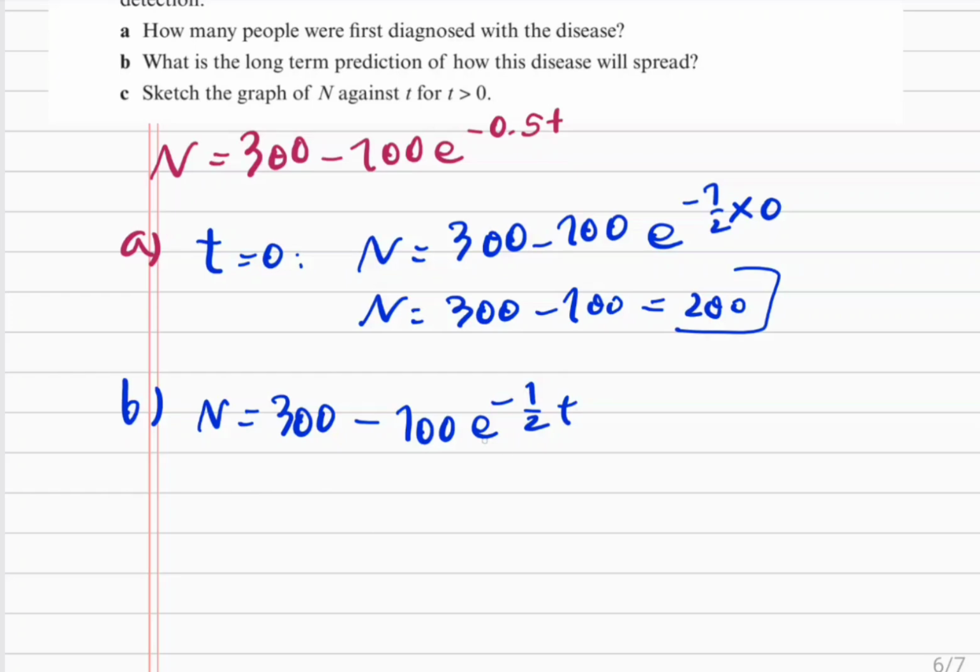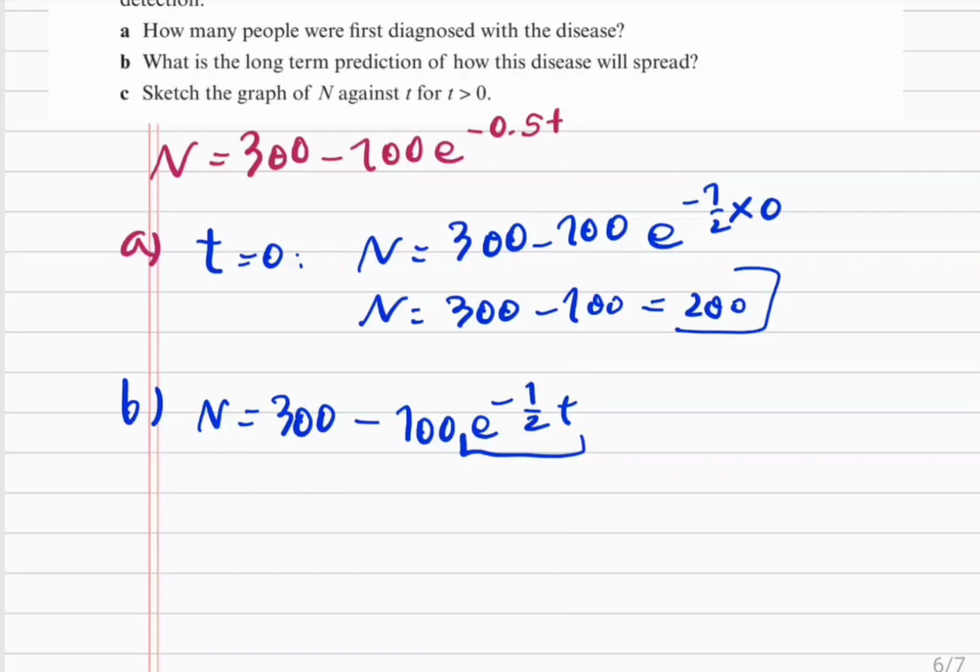Since we have an exponential function, but the power is negative, remember that as t gets very large, then since we have negative a half, the power in total is going to be negative infinity. And when we have e to the power of negative infinity, that just tends to 0, because that gets extremely small. And if this term approaches 0, then 100 times 0 is also going to be 0. So therefore,